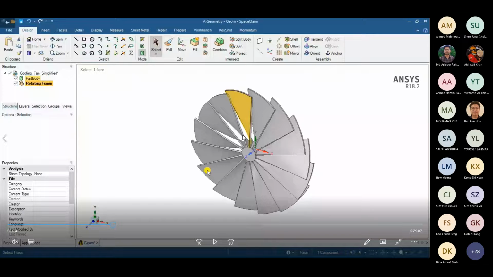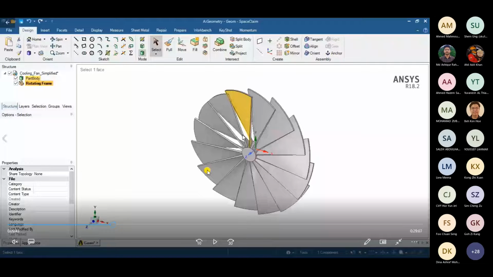When there are multiple faces such as you are seeing in front of you, it becomes very complex, and sometimes it becomes impossible to simulate the flow for rotating parts. So there is an approach called the rotating frame approach, which researchers, scientists, and CFD engineers use, where they convert this part into a simpler geometry.